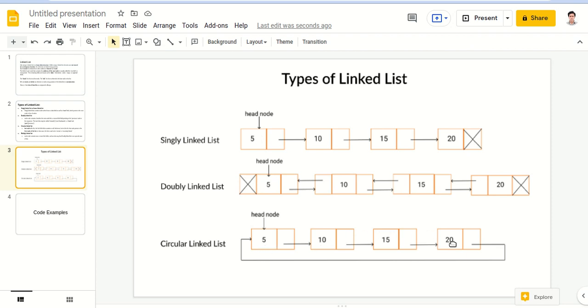So if we iterate, we can continue to iterate forever. If we start traversing this linked list, it will never terminate. So this has other types of benefits; there are other benefits to using a circular linked list.